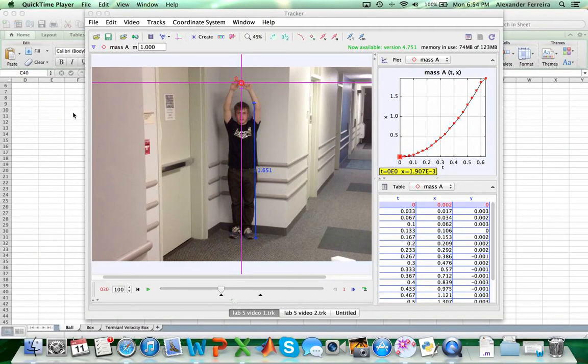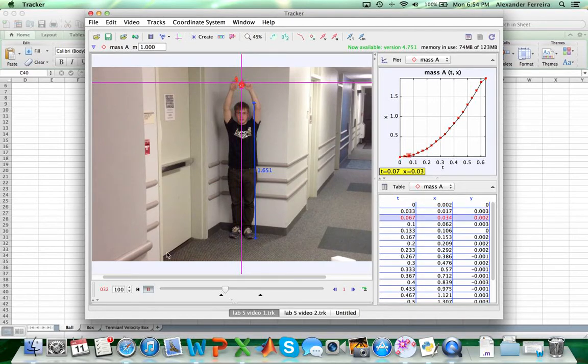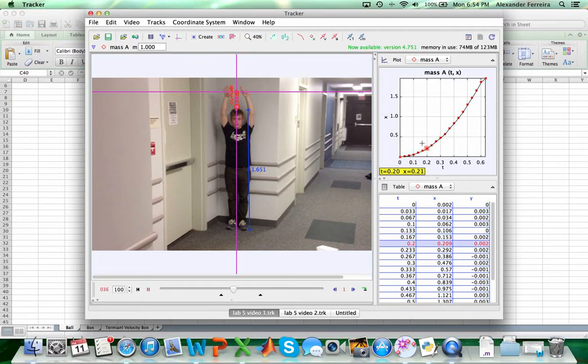Hey guys, we are here today looking at the motion of falling objects. This first track is a track of me dropping a ball. You'll see that the ball is accelerating. This graph on the right here shows the position versus time, and it shows a non-constant slope, therefore showing acceleration